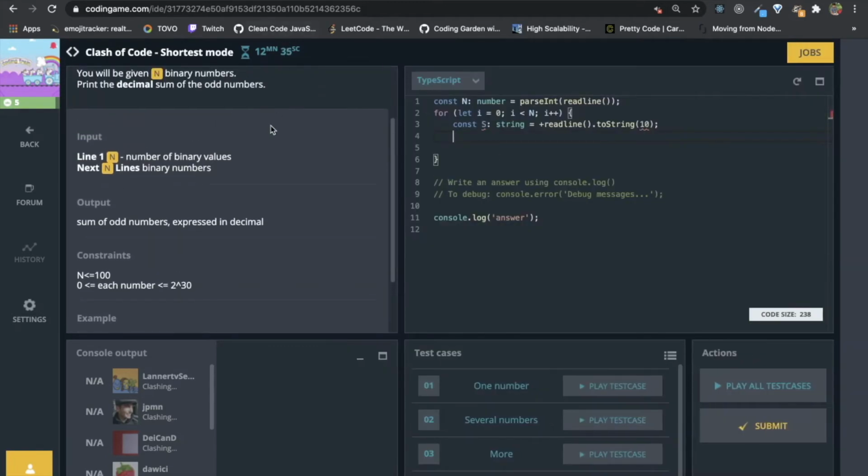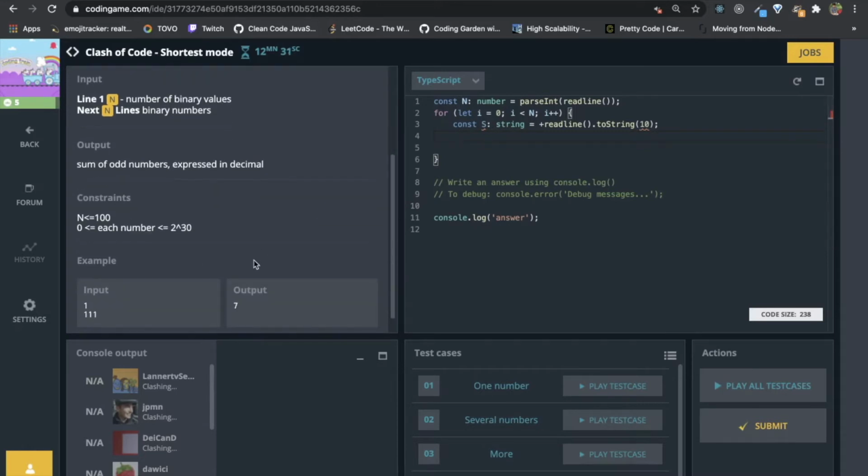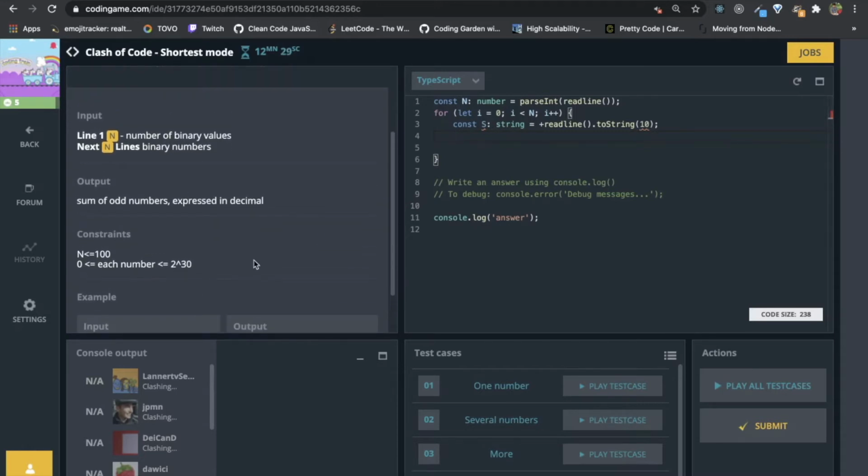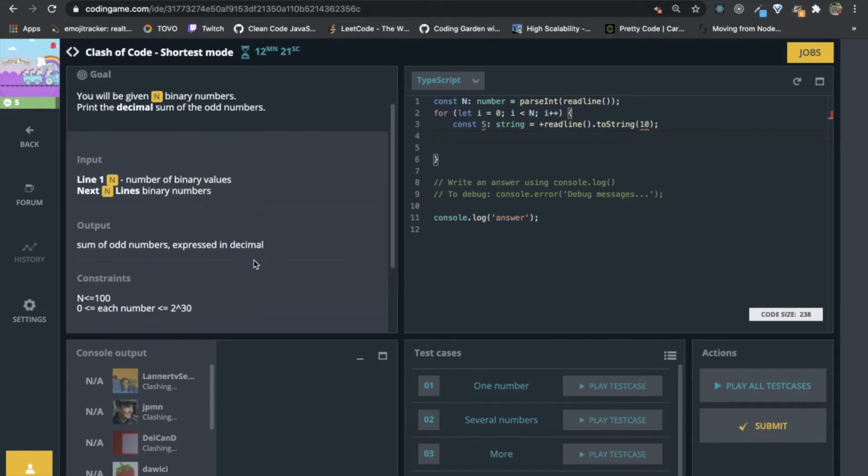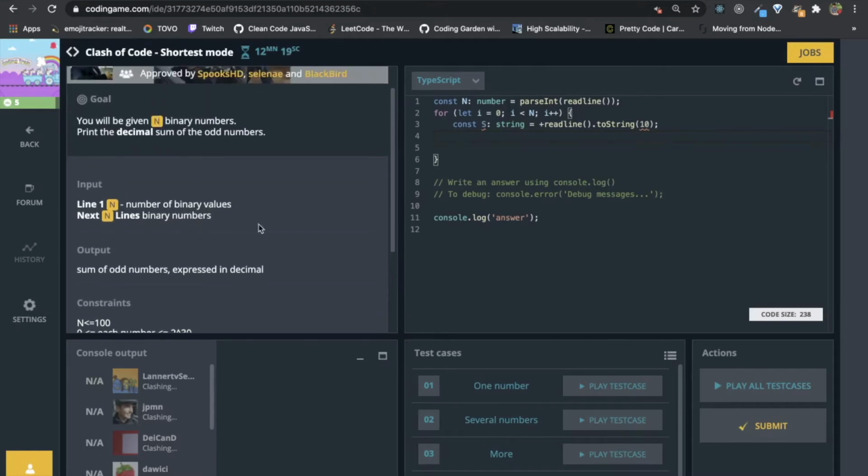There is a shorter way of basically converting a binary number to a decimal number.